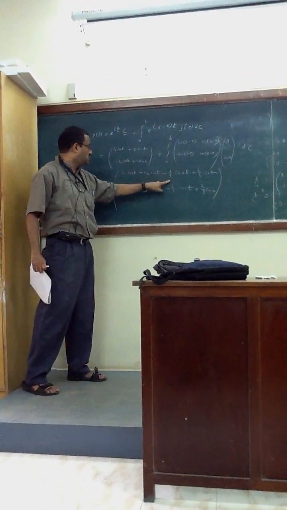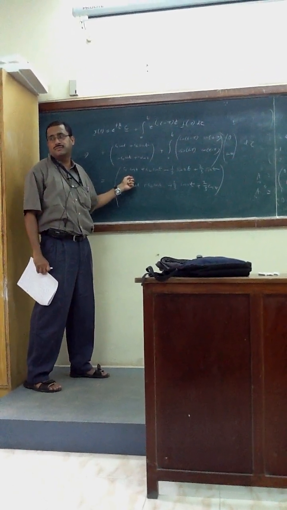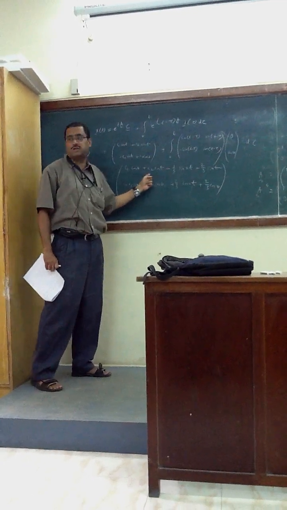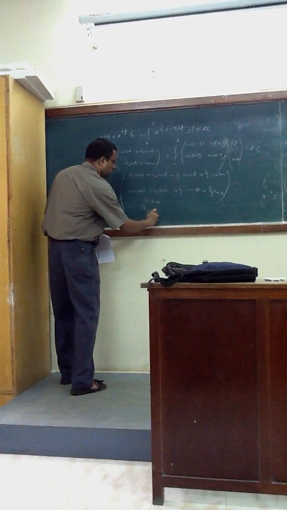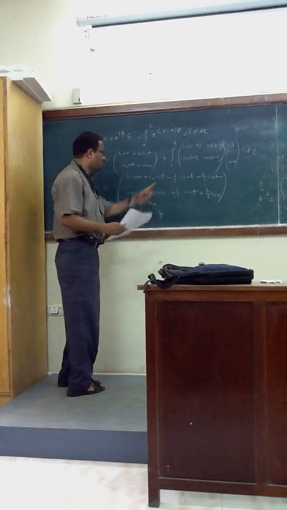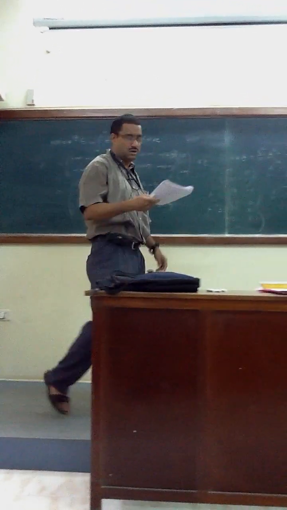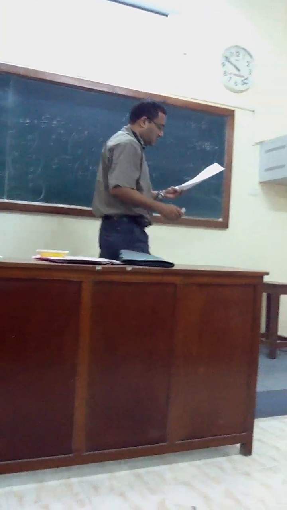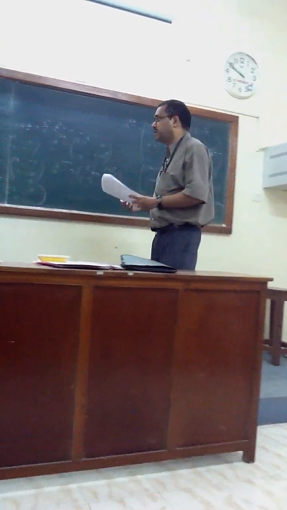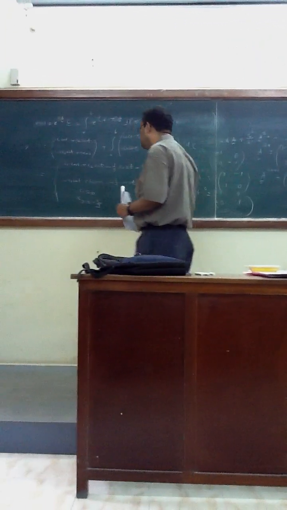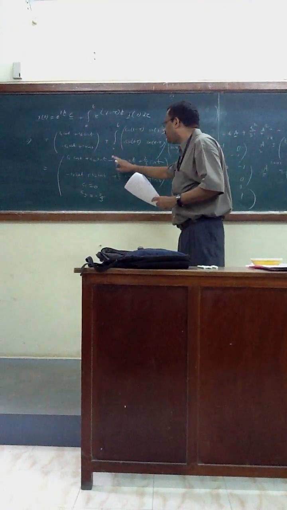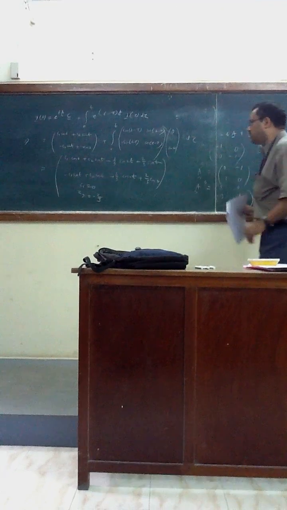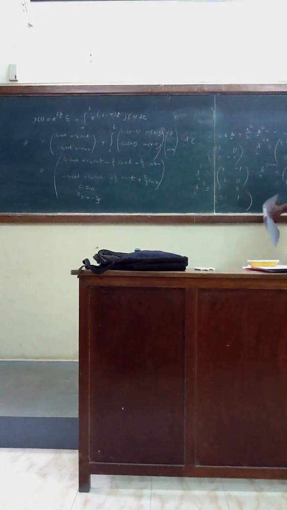That means c1 has to be 0 and c2 will be -2/3. So if c1 equals 0 and c2 is -2/3, what do you get? The solution is -1/3 sin 2t, that's good. So we can get the total solution, and this x bar is 1/3 sin 2t minus 1/3 sin 2t you are getting.